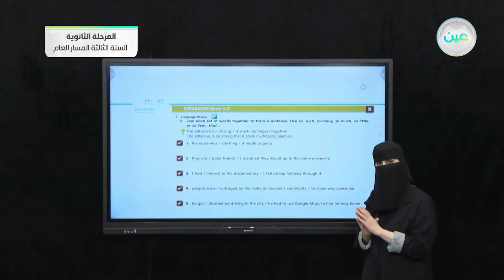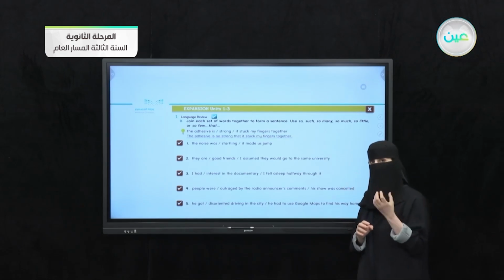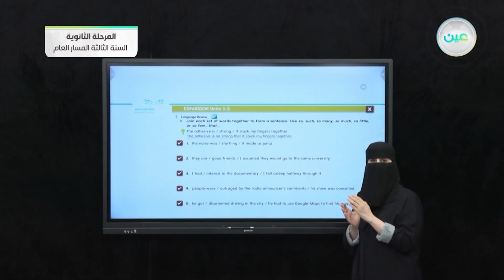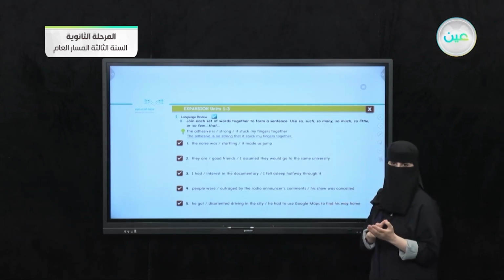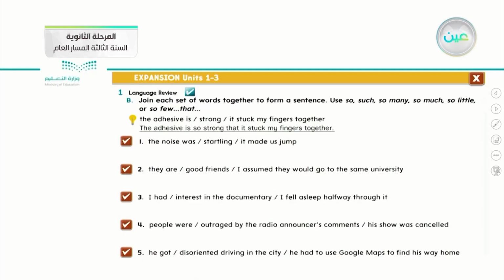Okay, how can I apply that? We will bring these expressions, choose the one suitable for the sentence, and see which one is suitable and why. After that, when I want to complete the joining, before the effect of the sentence, I join it with that. Let's apply it with the first one as a model.